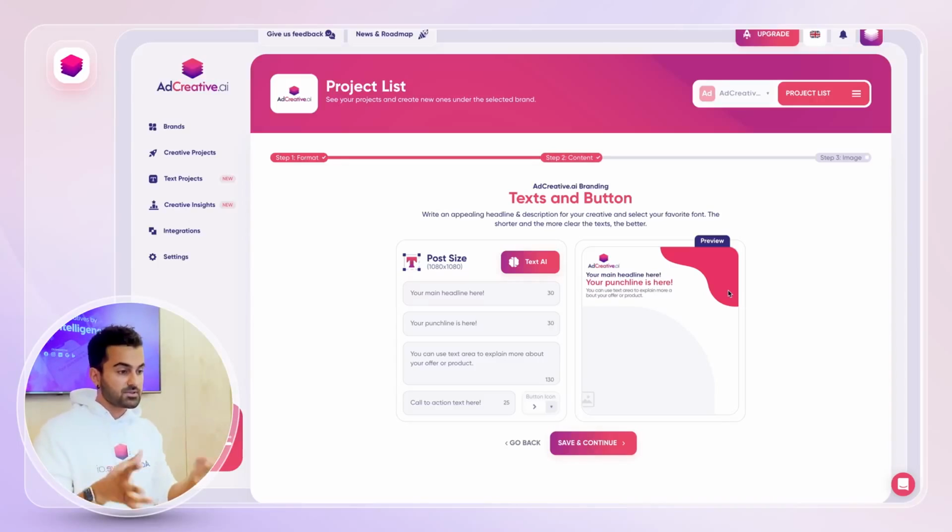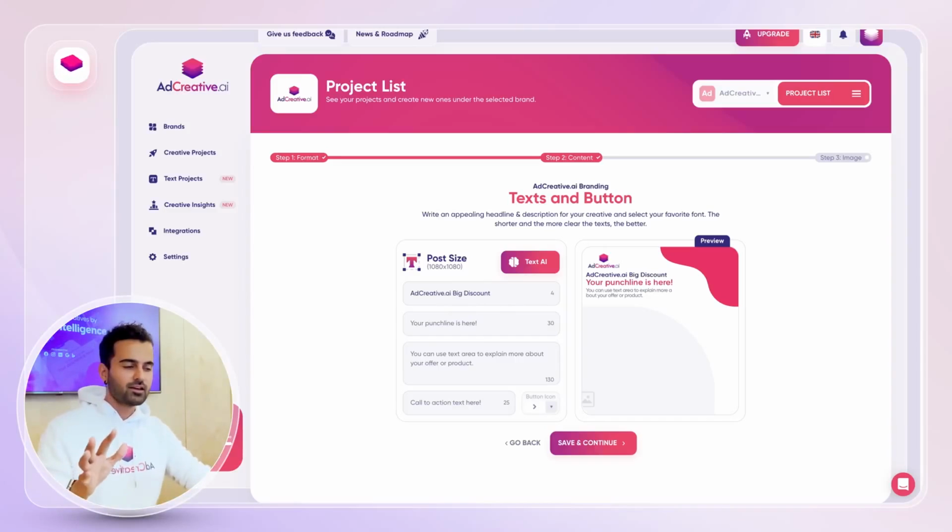As you can see, now is the second step. There's a content part and there's a preview part. So if you want to do your own copywriting, that's beautiful, no problem. You can just go and be like, AdCreative.ai, big discount. You can basically do your own copywriting. But if you're someone like me,